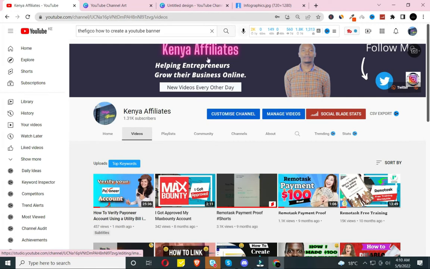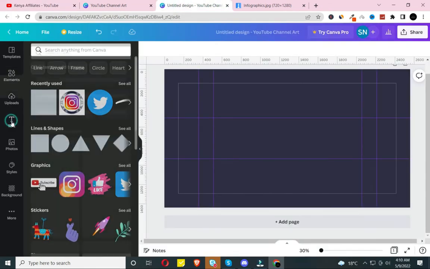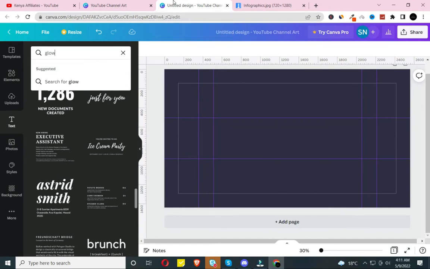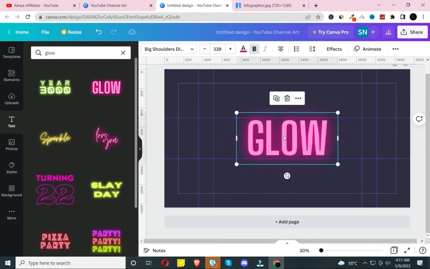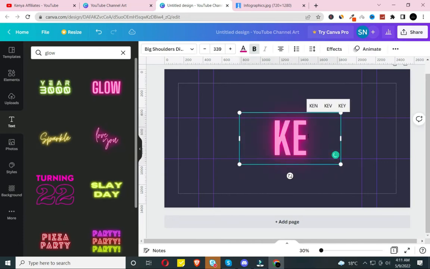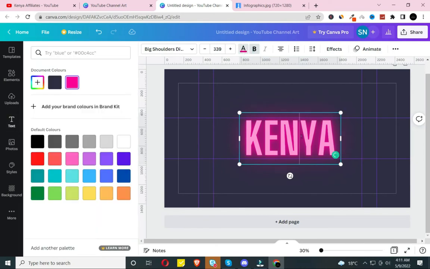We have our logo name, which is Kenya Affiliates. So you need to head over to text. There's this part that glows. So let me click and then type Kenya Affiliates. To change this to small case, I need to click on the three buttons and then click on the uppercase.